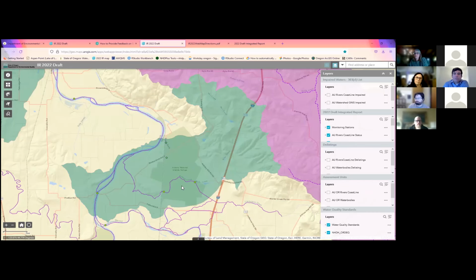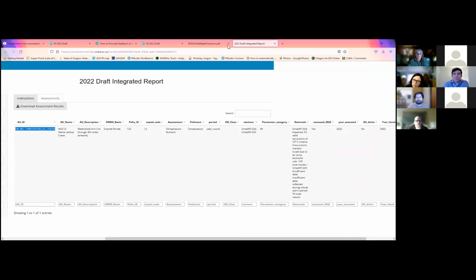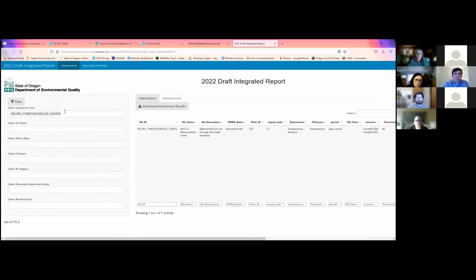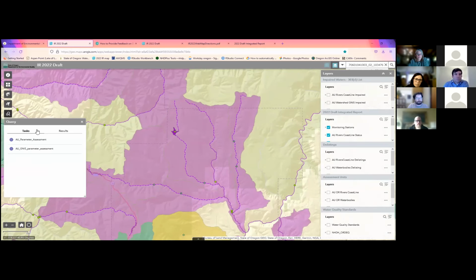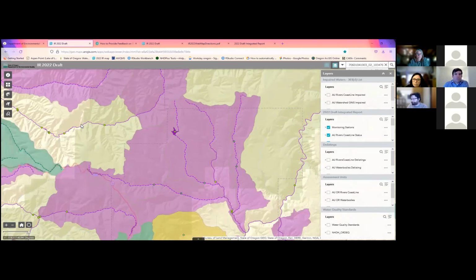One more question in the chat, Travis. Are watershed assessment units coded WS, queried by assessment units, but only receive LK or SR? Yes, they are coded with WS. I'm not sure where you're querying in there. From this database, if you type WS, you'll get all the watershed assessment units. I don't know if you're talking about the map itself. I'm not really clear how the queries work in the map quite yet. So I'm not quite sure, Julia, what it is that you're querying.